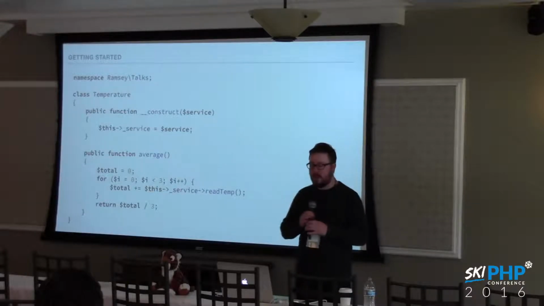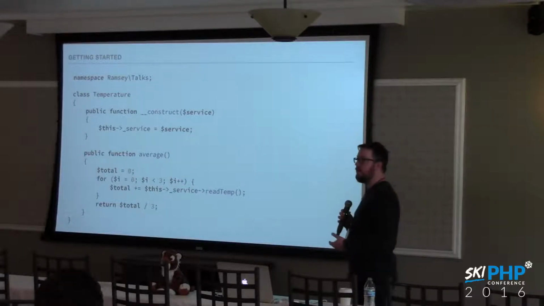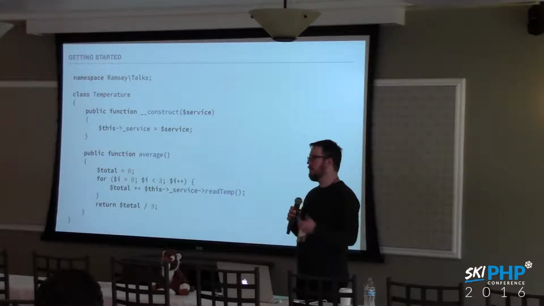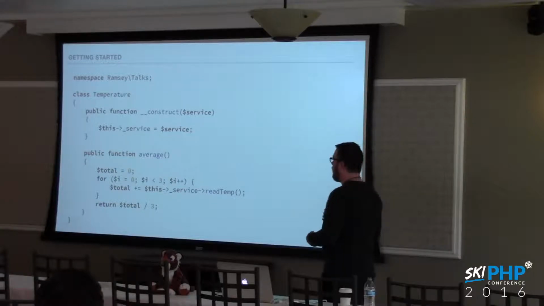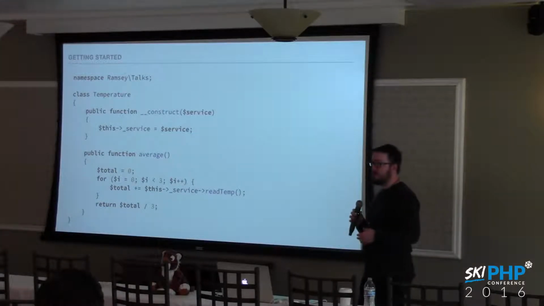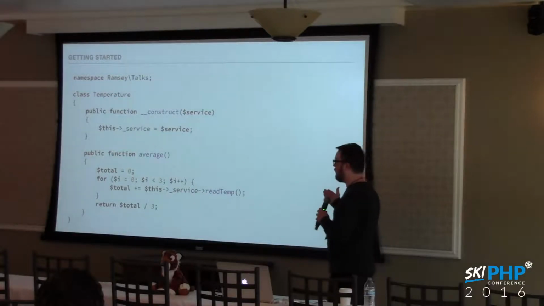And as you can see, what's happening here is that when we instantiate a temperature object, we pass it a service. Maybe this is a service that calls out to some weather service, right? Maybe it calls out to like the Weather Channel API or Weather Underground's API. It could call out to anything. In fact, we can inject multiple types of services depending on each instantiation so that one calls one service and another calls another. So we've made it flexible in doing that.